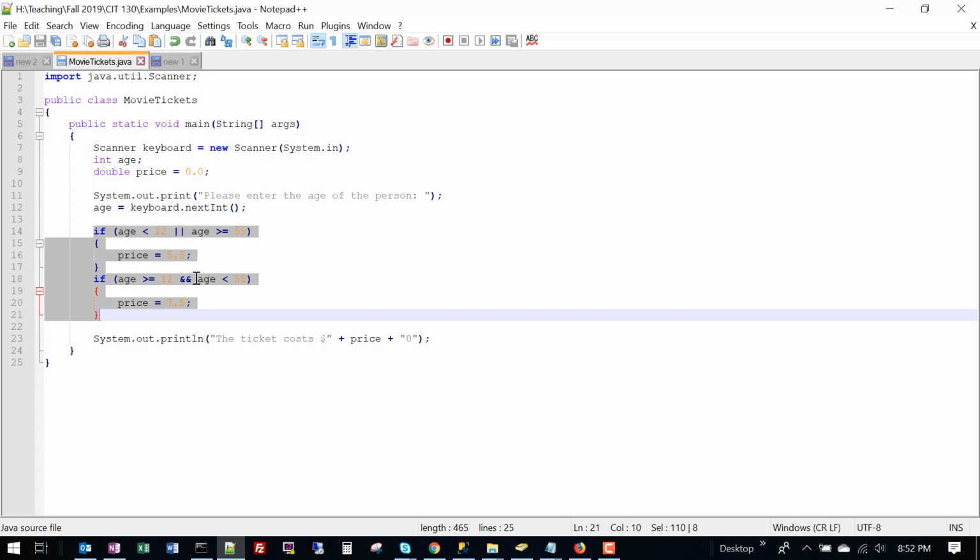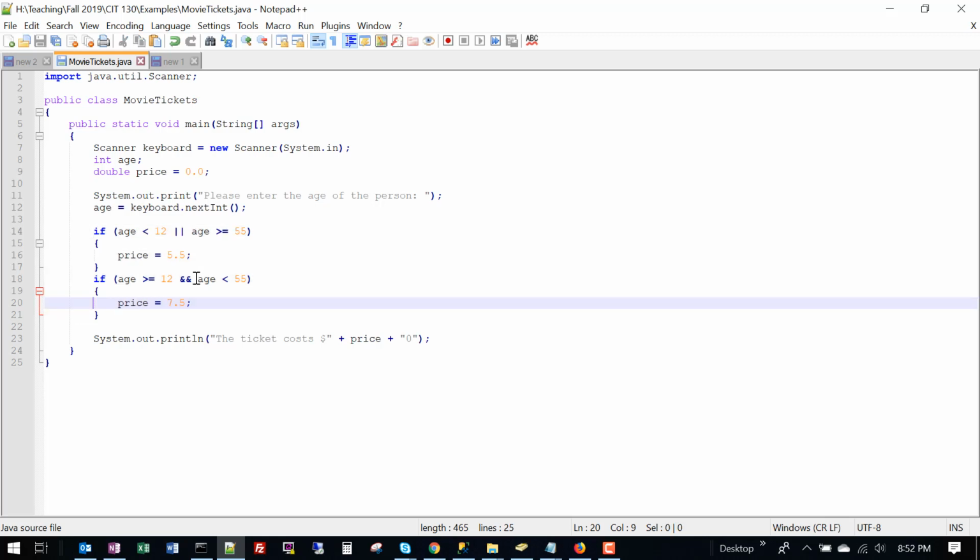So I'm going to save showing the switch statement for another lecture. We will, but there's another kind of cool shorthand that we can use in place of the